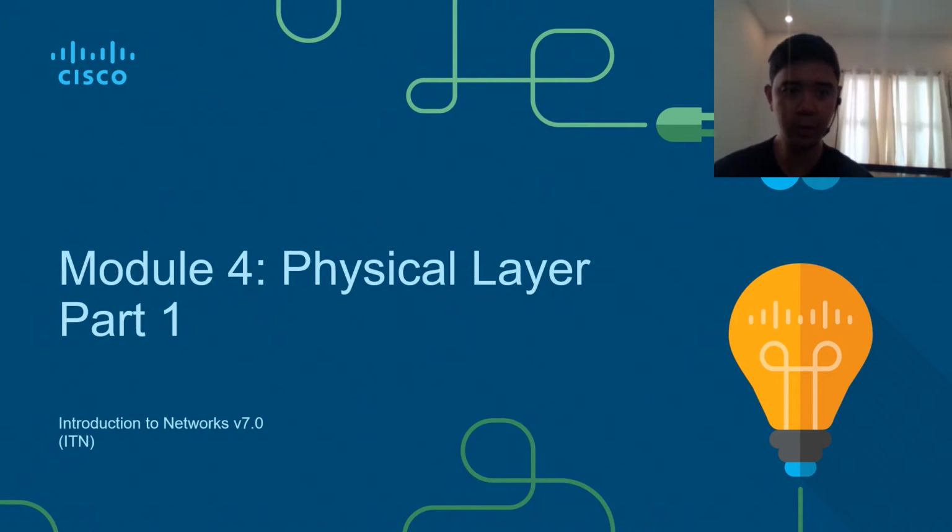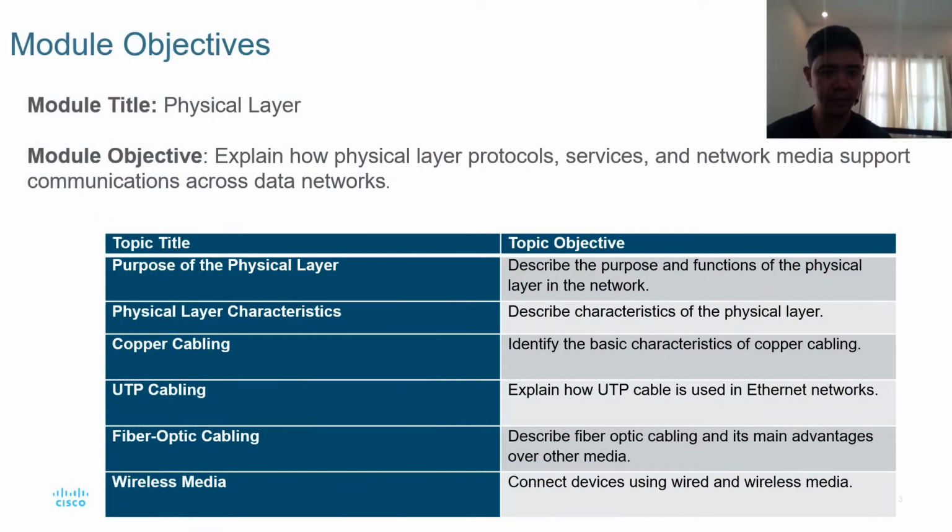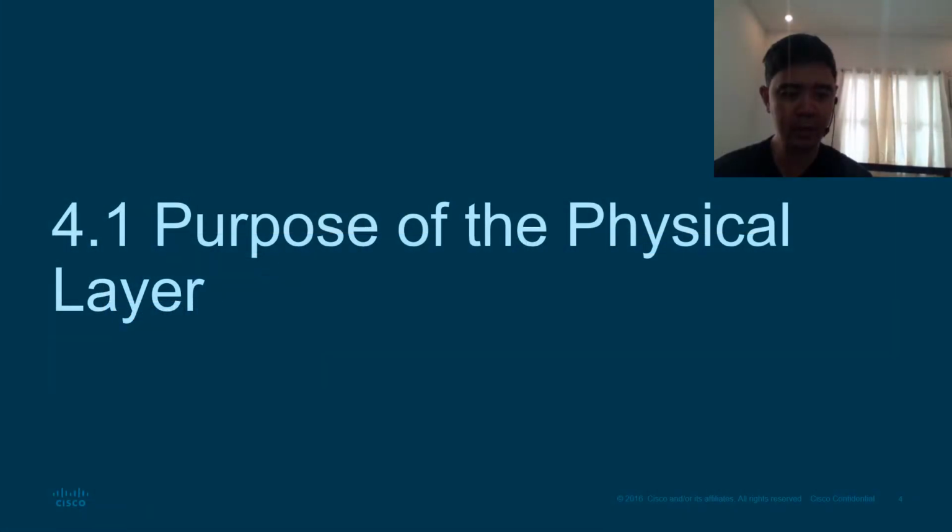So I welcome you to Module 4 entitled Physical Layer. In this module, we are to tackle all about the physical layer and its characteristics. One component that falls under this layer are our cables. We'll tackle details on our cables: twisted pair, coaxial, fiber optic, and aside from our cables, wireless also falls under